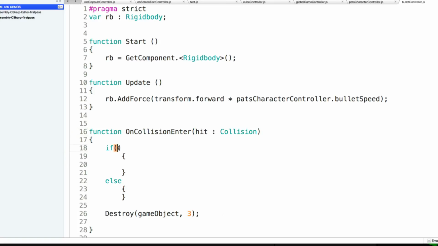Okay, if hit dot game object dot tag is equal to what? Not player, but I'm just putting it in there as a placeholder. Just destroy. Okay. Else